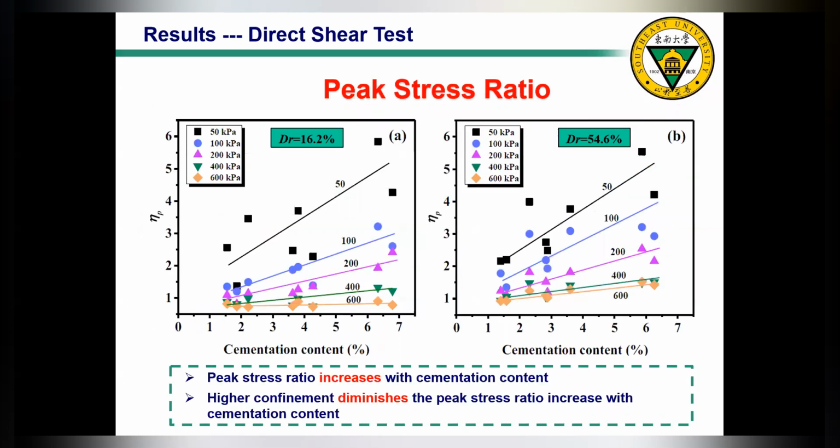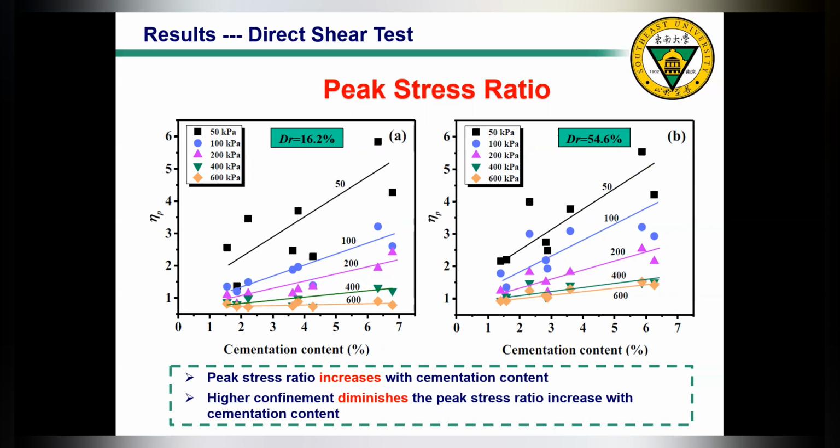Then we systematically summarize the peak stress ratio results and correlate them with the cementation content. The left-hand graph is the low initial density case, and the right-hand graph is the high relative density case. Here we can see that firstly, the peak stress ratio increases with cementation. This is true for all samples, so it means that cementation can help improve the shear strength,